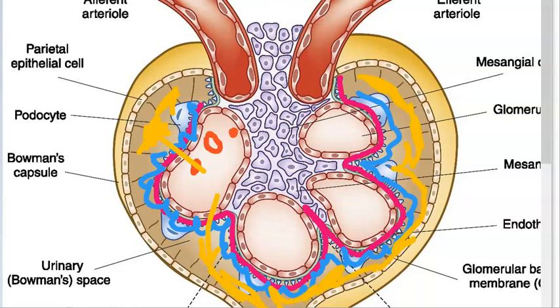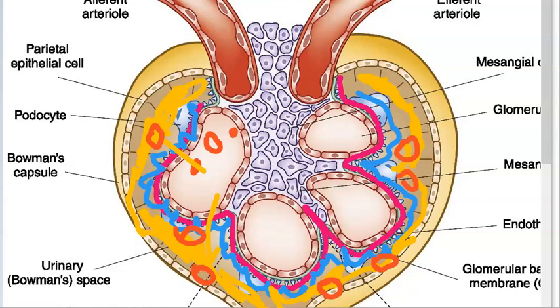So now what did you understand? If blood has to enter in nephritic syndrome, what has to be damaged? The basement membrane has to be damaged. If the basement membrane is damaged, these RBCs will make it to the urine. Okay. If the basement membrane is damaged, that will become nephritic syndrome.